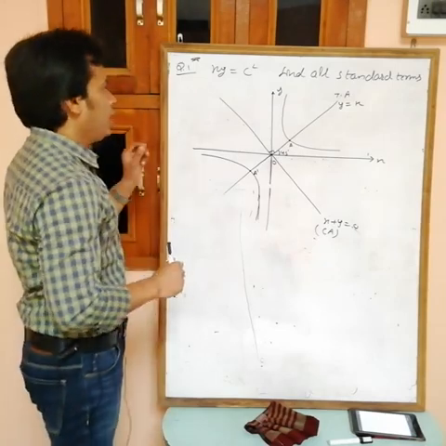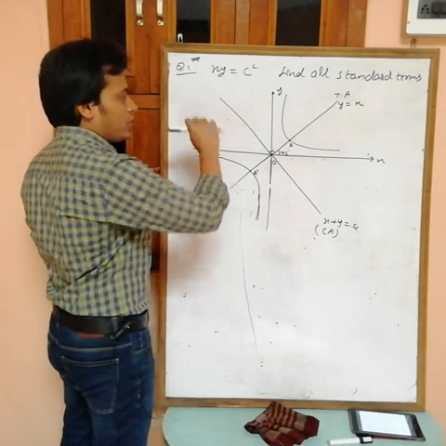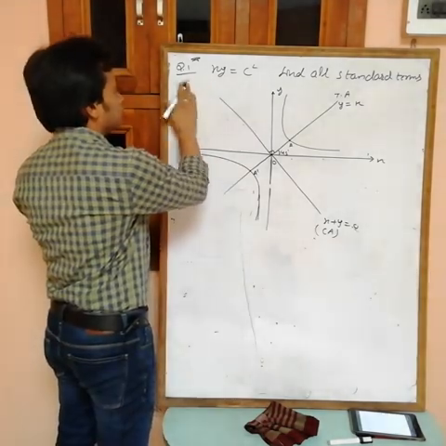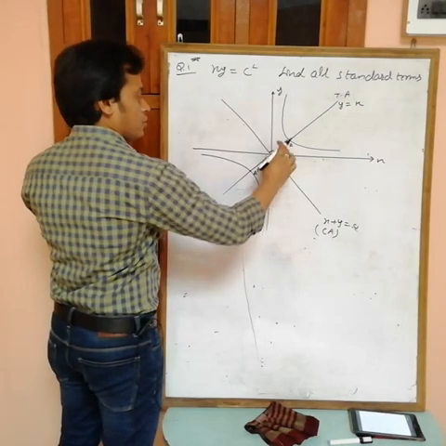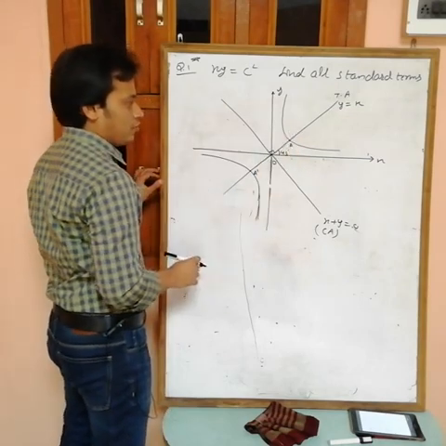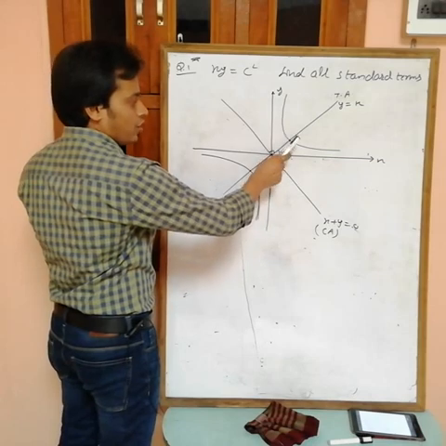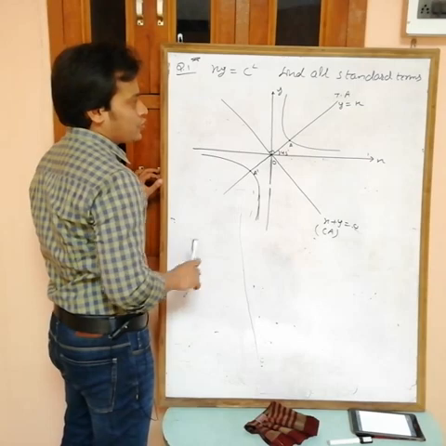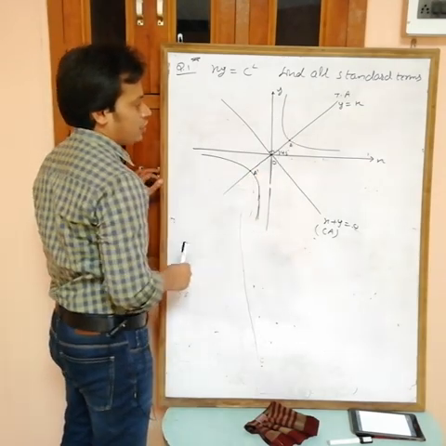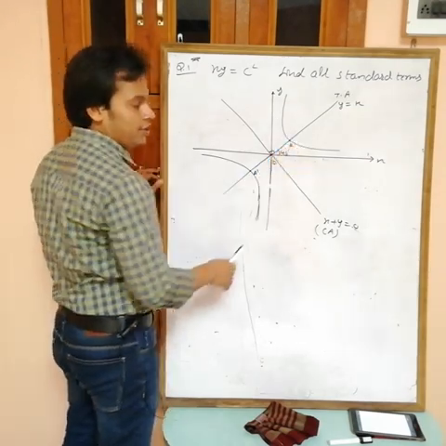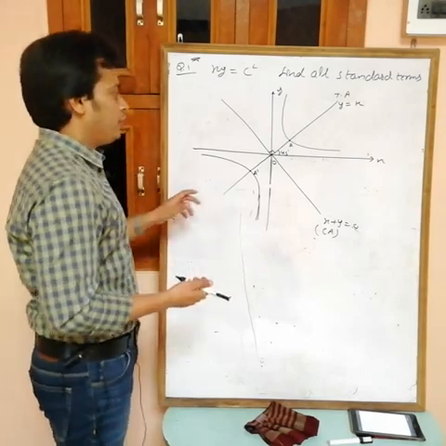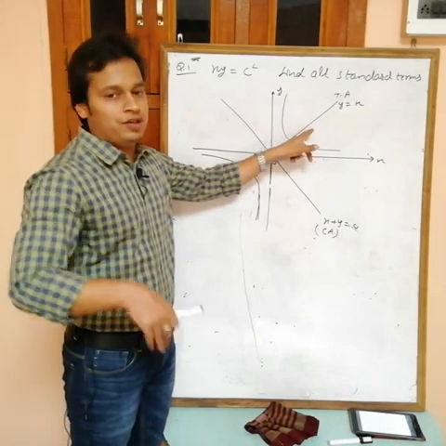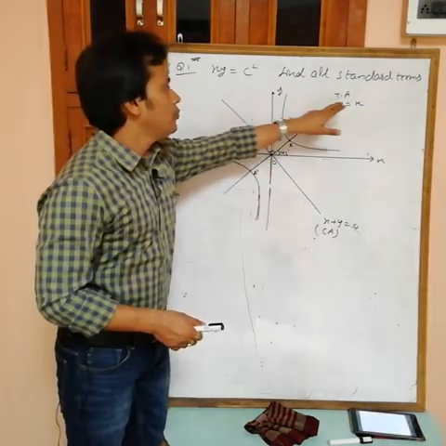Okay? And a is equal to, for this one, see one thing, this distance is equal to a. The distance of the vertex from the center is equal to a. It means to get a, we want this distance. To get this distance, first I have to find the point A. How can you find it? If you solve the equation of this one and the equation of this one, then you will get the point of intersection.